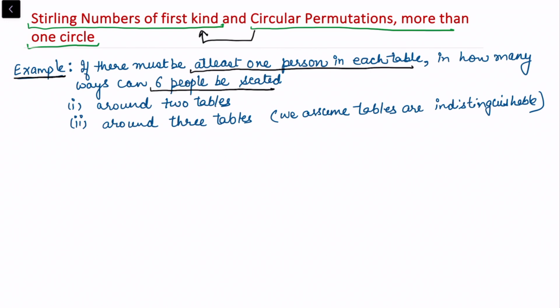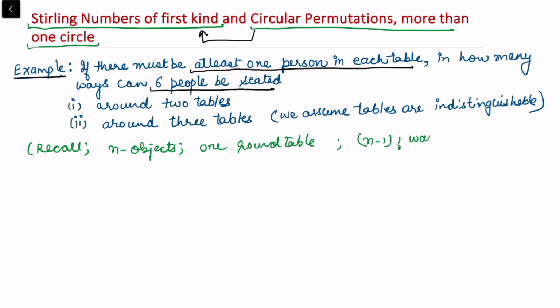So we recall here the definition of circular permutations. If I simply recall in terms of permutation, if there are n objects and they have to be placed on one round table or on one circle, then the total number of ways is n minus 1 factorial. This is what we did in circular permutation. Now the same concept we want to use, but here the concept is extended to more than one table. So we need to keep possibilities in mind in our case.